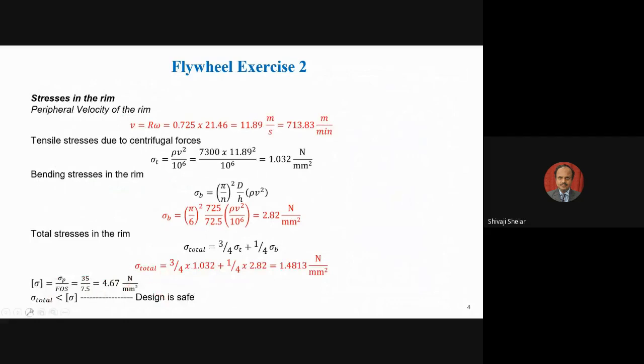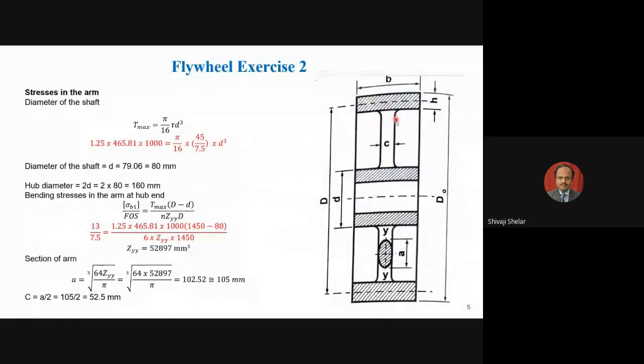Now let's go and check the design of the arm. Say this is your arm. So you have to check the design of the arm. You have to design the arm first, or if you know the standard arm sizes, then you can check for the existing application whether these arms can be used or not. Because many times these arms are made of different materials, and they are joined to the hub surface and the rim surface with the help of a bolting or welding mechanism.